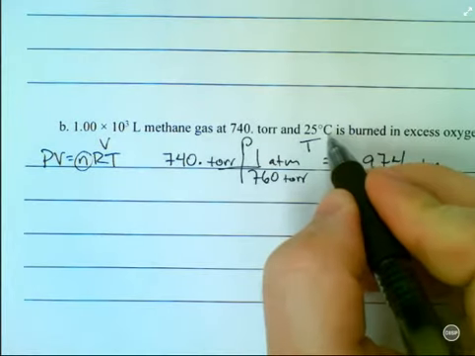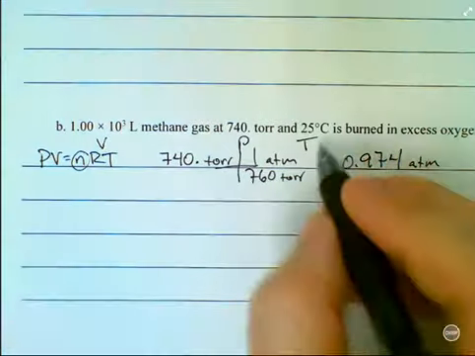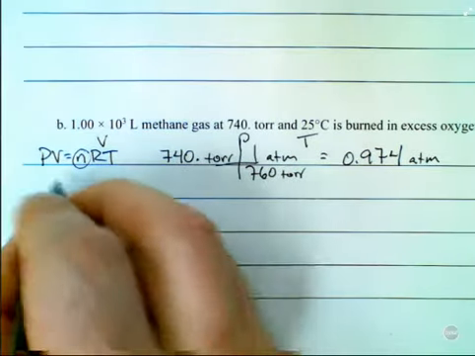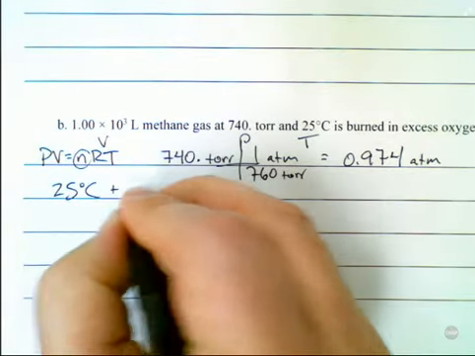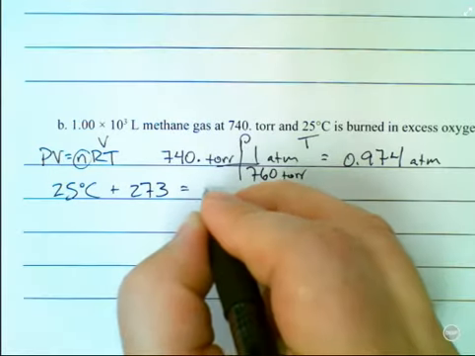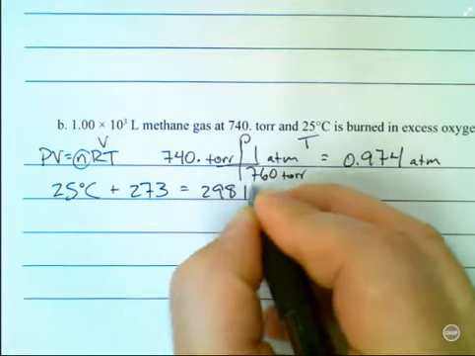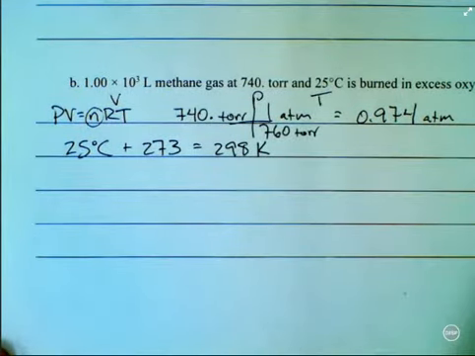Also, this is in degrees Celsius. And I don't want that to be in degrees Celsius. I want that to be in Kelvin. So I'll take 25 degrees Celsius. I'll add 273, so that will become 298 Kelvin. Now all my units are going to be correct, so when I plug that in there,